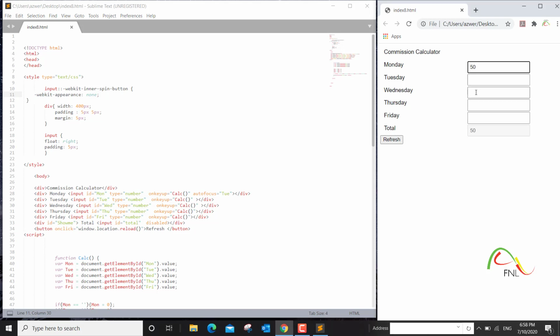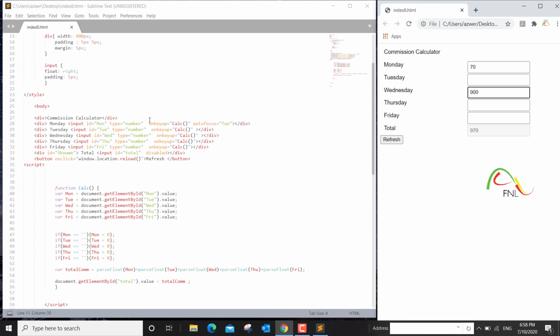So the first thing that we want to improve is from the HTML side. What it means is when I type in some numbers, you do see a total. However, these empty fields are totally empty, which looks a bit odd. So we can fix that with the help of a placeholder, and we will keep a value of 0 in every single field.